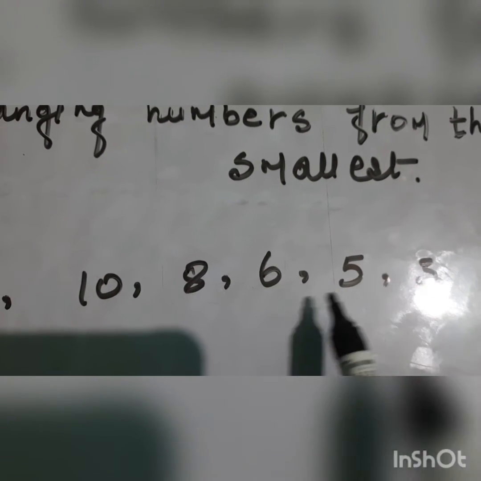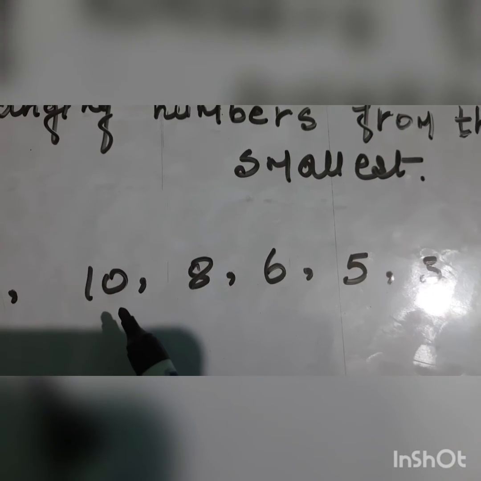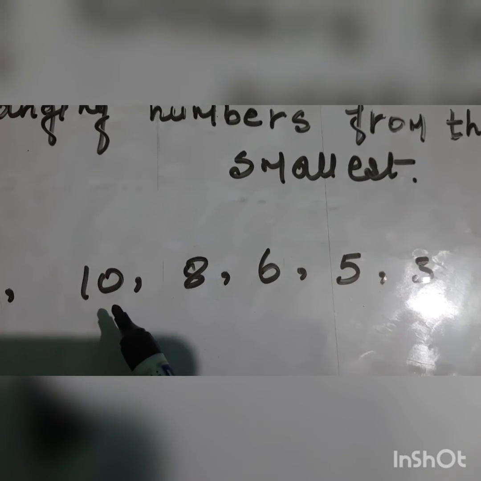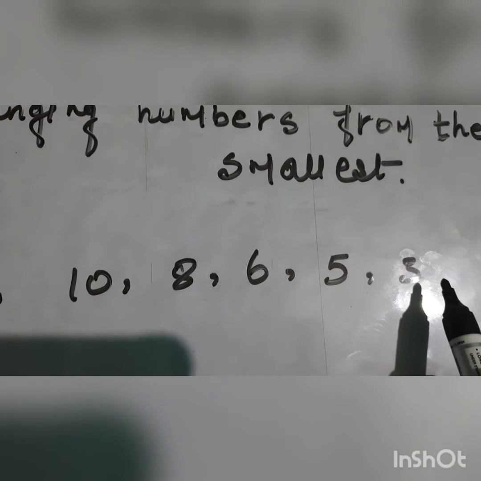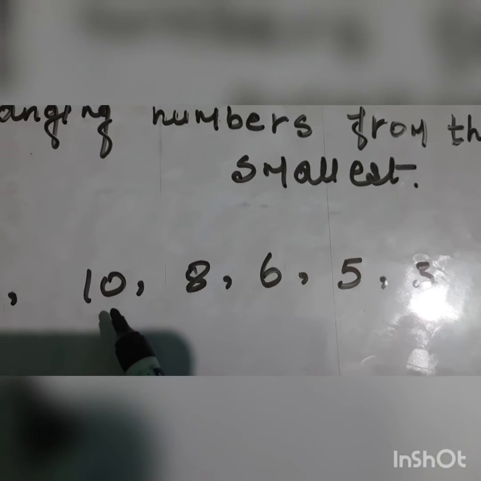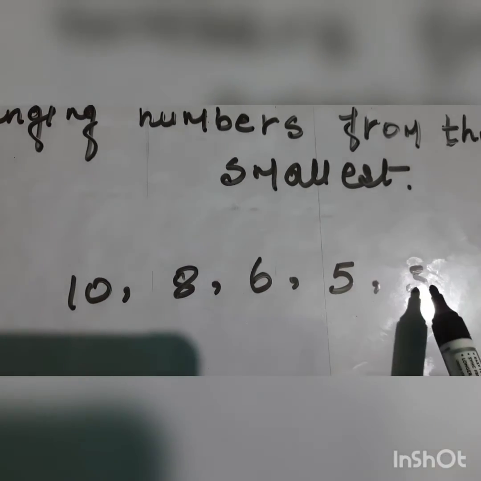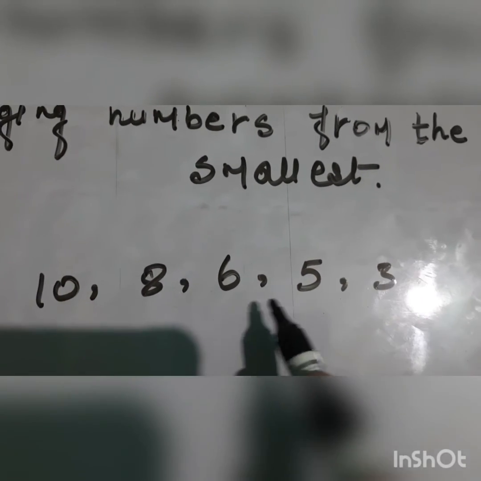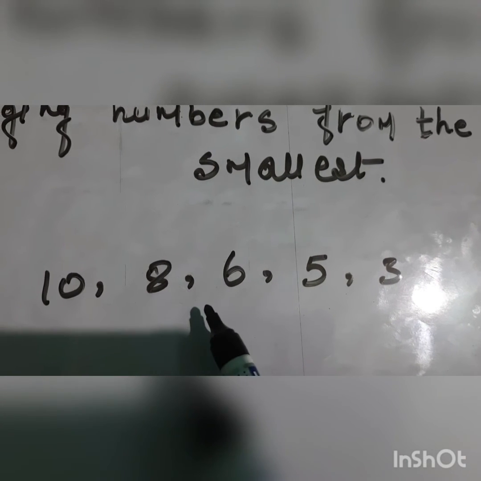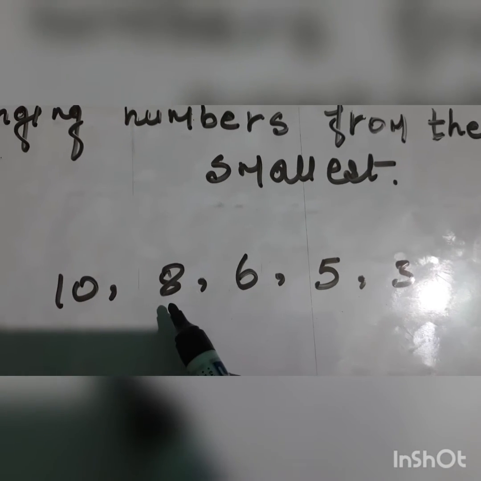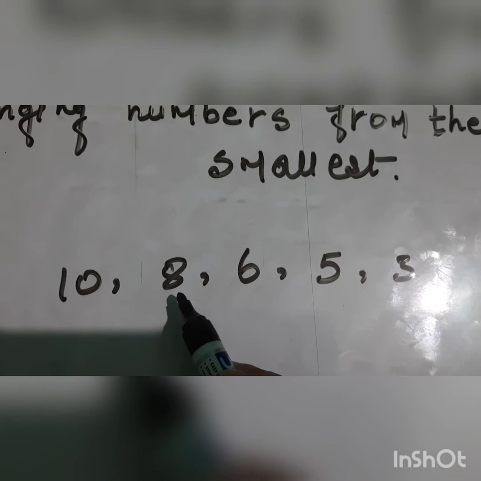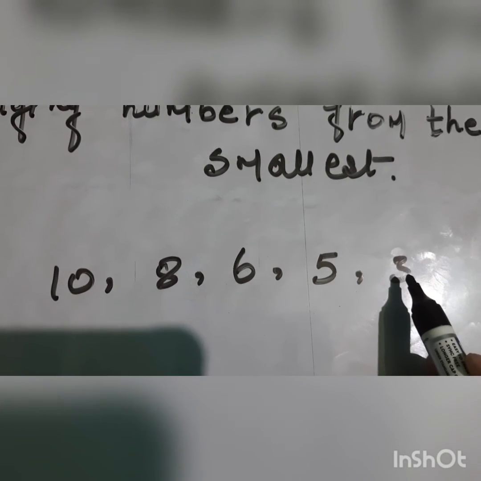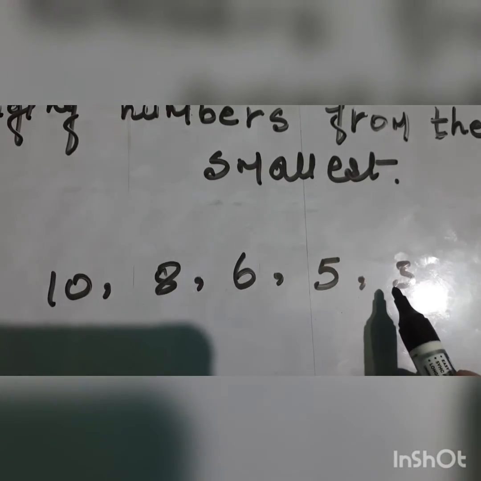So you can easily see that 10 is the 2-digit number, so you can close your eyes and write down 10. There's no need to count or do anything. All these others are 1-digit numbers, so you write down 10 first. After that, which is the next biggest 1-digit number? 8. After 10, 8, then 6, then 5, then 3. 3 is the smallest of all these numbers.